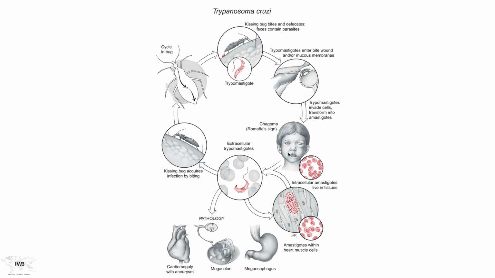But this is a little kid. We've depicted a little kid here to emphasize the fact that this infection starts out as an innocent little swelling of an eye, let's say, because that's where we rub this parasite into our eye. When the eye swells up and closes off, it's known as Romaña's sign. Carlos Chagas was well aware of this and eventually put two and two together to say, this is the beginning